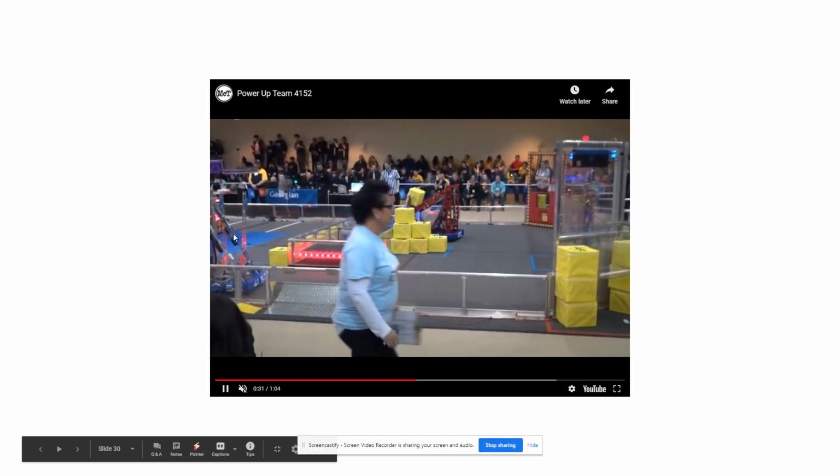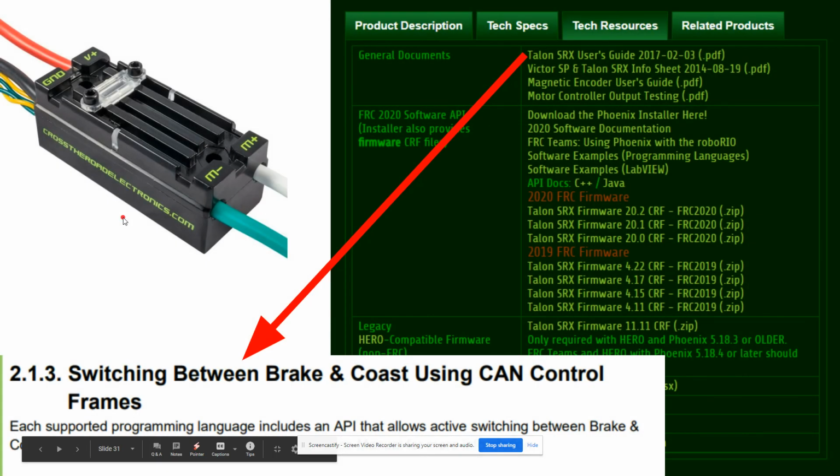Now you'll notice we kept going, and the issue is we were using Talon SRXs, which are great motor controllers, and the problem is that the Talons have different modes. They have brake mode and they have coast mode. So brake mode, basically the motor will start and it will run, and when you stop the motor, it will stop really fast, and so you brake. Coast mode is it stops the motor, and the motor will just gradually slow down,